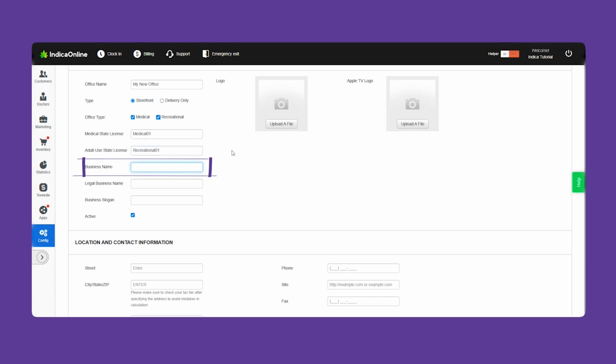Enter your business name. This is the name that will show up on the receipts and marketplaces such as Sweetie, legal business name, and business slogan, if you have one, of course. Beneath the business slogan, you'll notice the active checkbox. It's checked by default, which means that this office is fully operational and can receive quantities, get registers assigned to it, etc. If you decide to uncheck it, the office will be inactive and thus unavailable until it's marked as